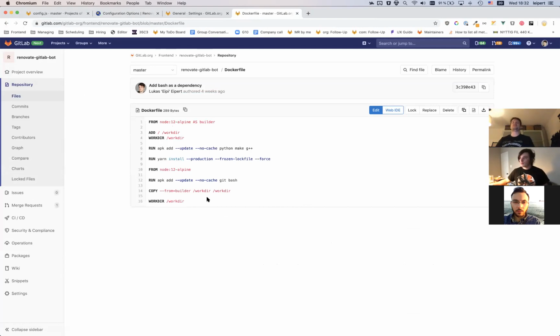So the problem is that some dependencies in this thing need to be built with a C compiler, right? Like Node SARS, for example, is a good example. But once you have compiled the stuff, you don't need the compilers anymore. It would just blow up your image. So I also tried out multi-step Docker builds. So this actually does a yarn install and with all the compiling and everything, and then it copies over